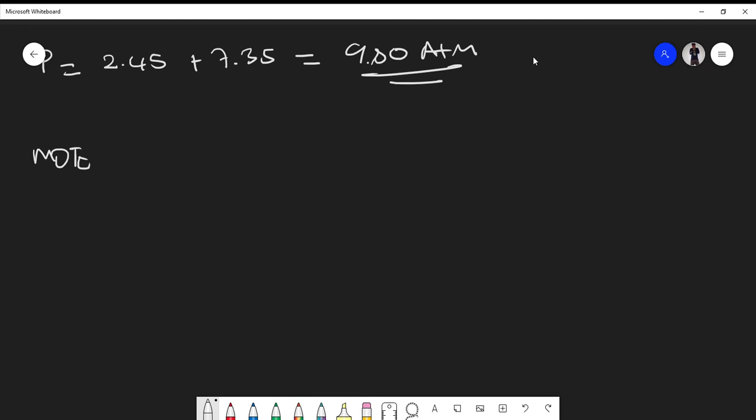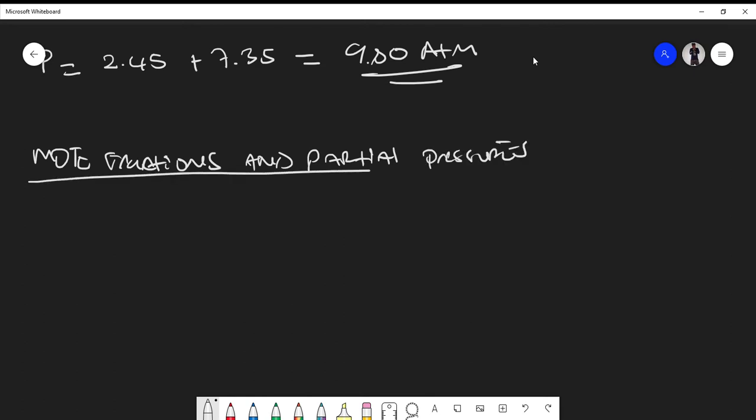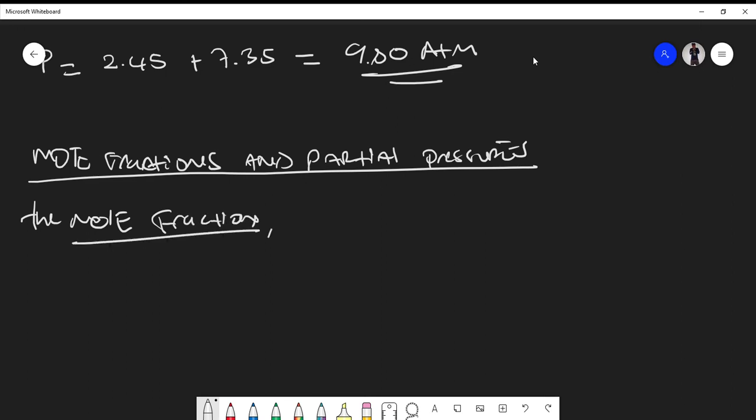Now let's switch gears from that to mole fractions. Let's talk about mole fractions and partial pressures. So the mole fraction, and let's underline this because this is our topic, we're going to denote it as X with a small j, right? So the mole fraction of each component j in the mixture,